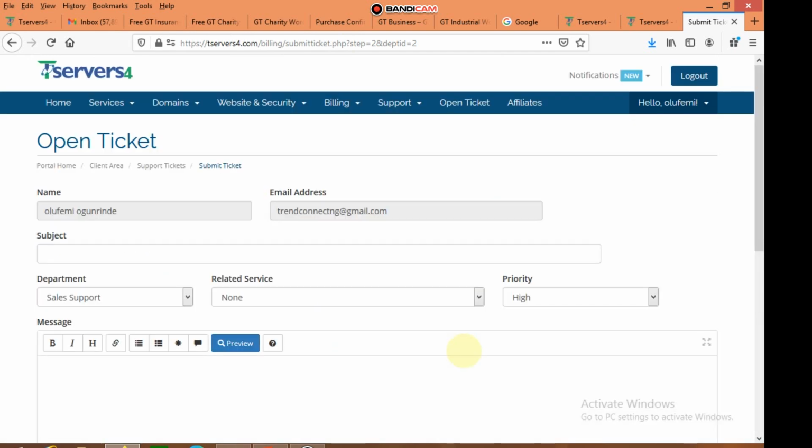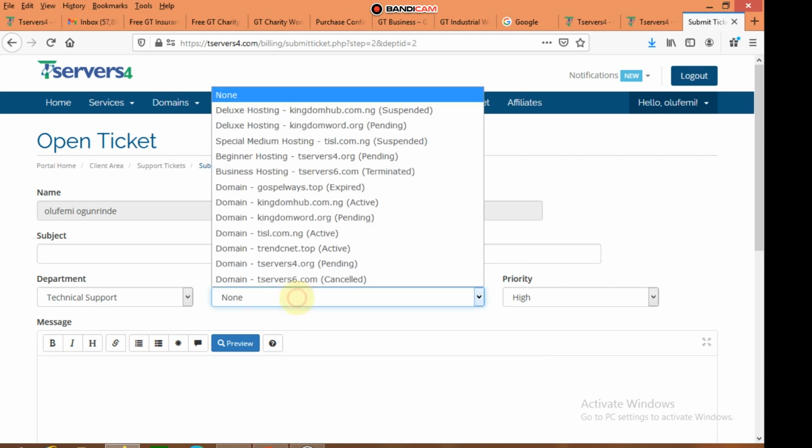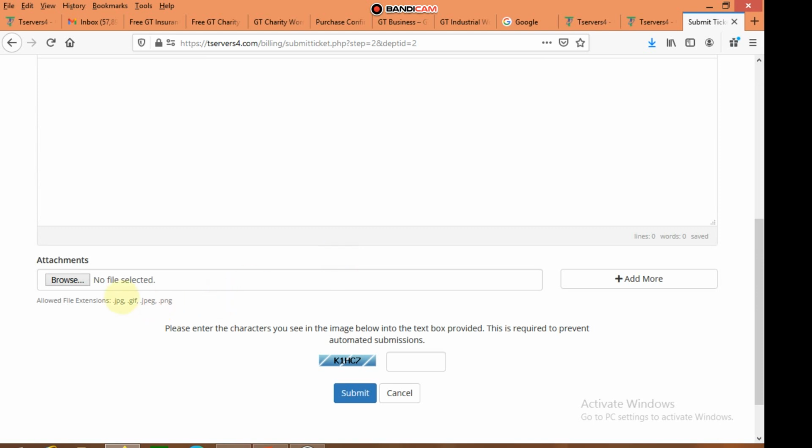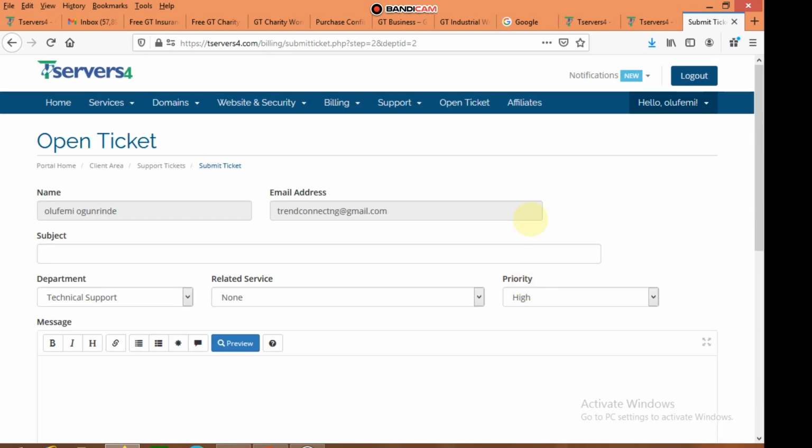And at the moment when you are opening a ticket, if it's for technical support, the same way, you put your subject, the challenge you're having, put in the domain of the hosting account, and set the priority. Put the information that you want us to address, and there are screenshots as well. Enter the captcha security challenge and submit. Any of these two you do, you definitely get to the respective department, and in no time they will attend to your request and feed you back.